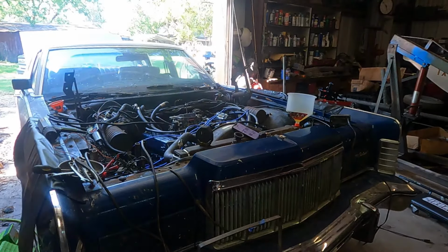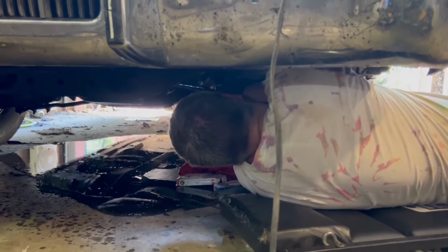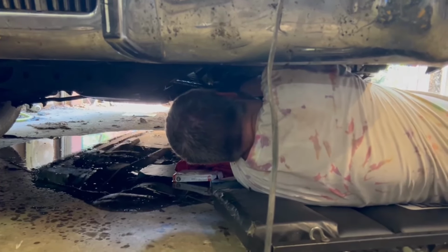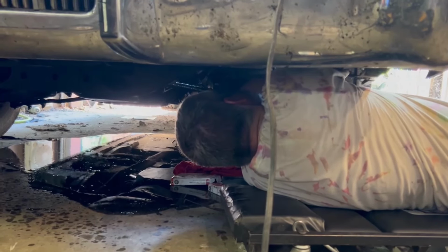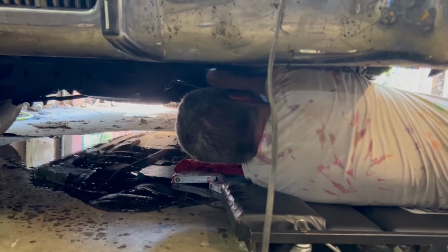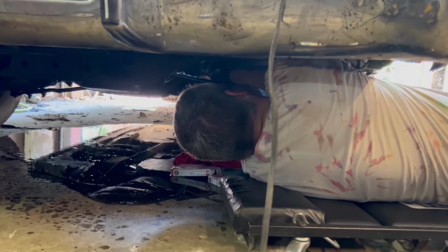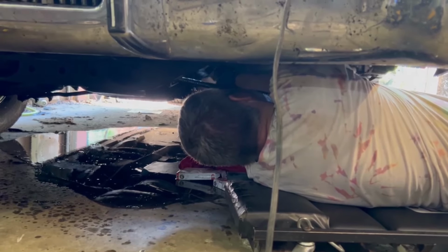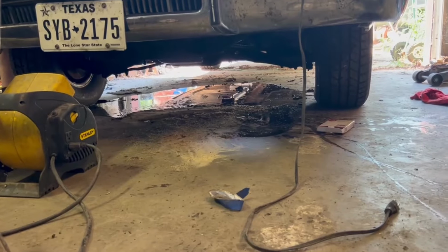So after a little investigating, what I found was the seal on the oil filter blew out, and that was oil spraying all up under the engine out from around the oil filter. So I pulled the oil filter off, and right now, as you see me working, I'm putting a new oil filter on, and we'll crank it up and see what happens. See what we have for oil